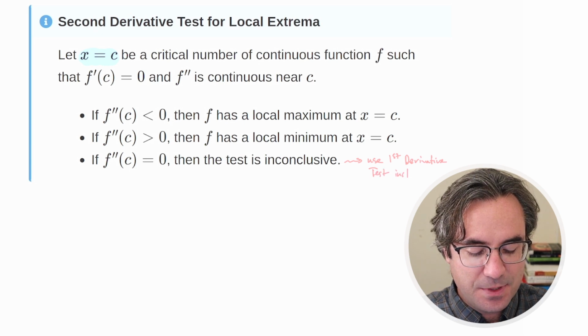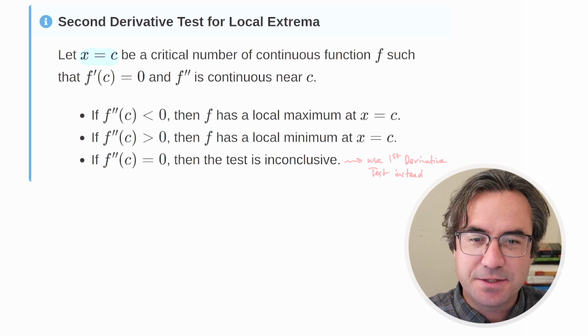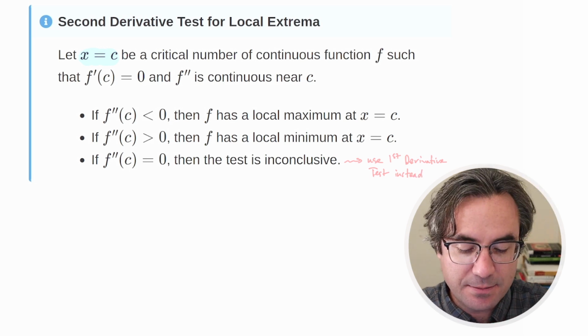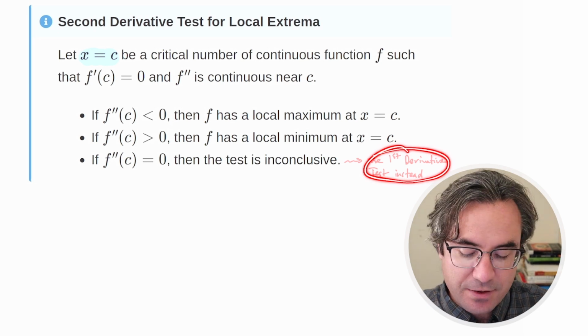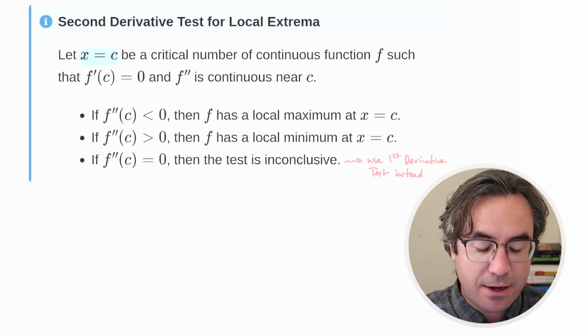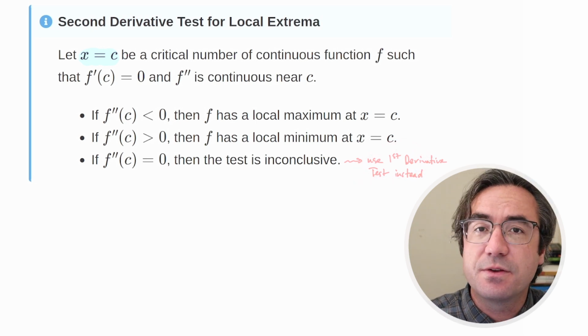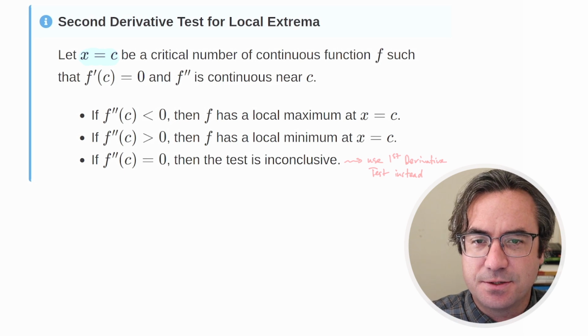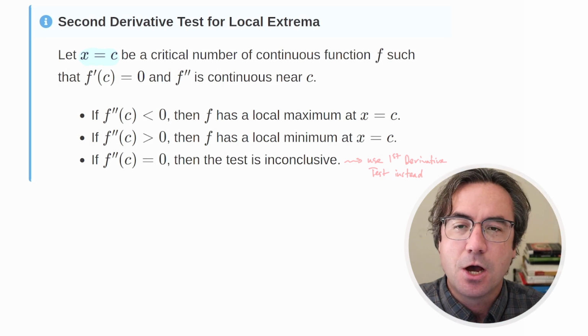We might see an example where this happens. It doesn't happen too much, but sometimes it does. So if the second derivative test is inconclusive, we always have the backup, the first derivative test, and the first derivative test always gives us a result. That's a nice thing. All right, so